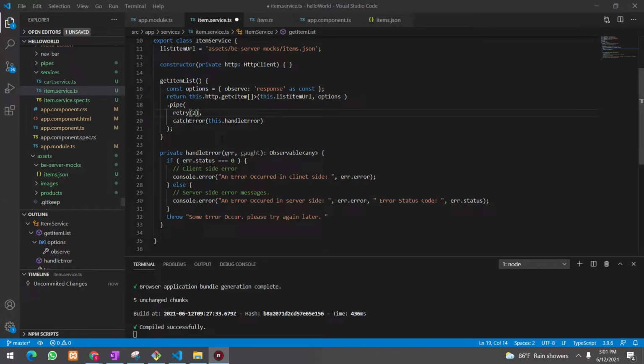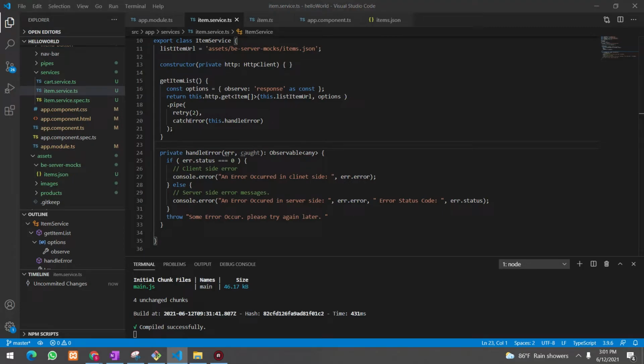When you are working with backend services, this would be something interesting. It automatically retries our operations, in this example 2 times, and only after that does it handle the error. So that means it is waiting for 2 times for a successful result. Okay, now we have handled our errors, and if we want to see what's happening here, we can go to